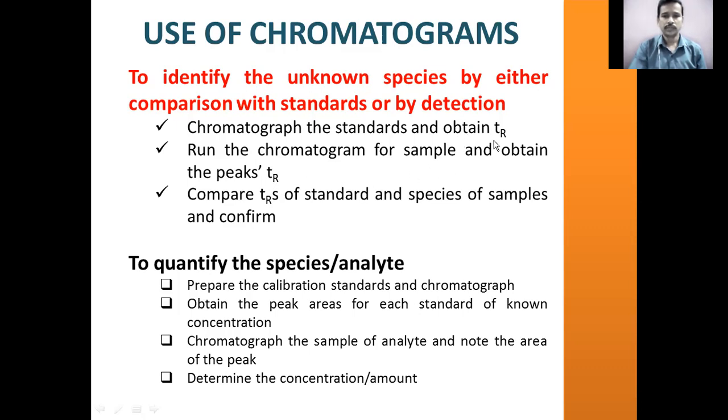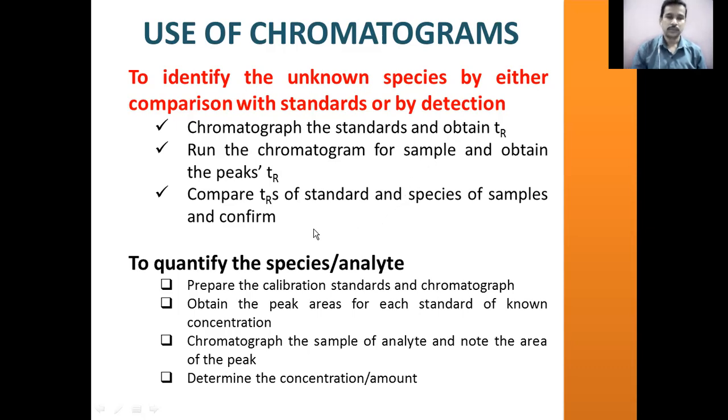Now, you have two chromatograms. In one chromatogram, you have the retention time for the standard, which has been eluted at a specific retention time. And you have the chromatogram for the sample also. You compare the retention time of the analyte from the sample and the standard. If there is a match between the retention time of the peak of the standard and the peak of the analyte from the sample, then you can ascertain whether the same analyte as the standard is present in the sample or not.